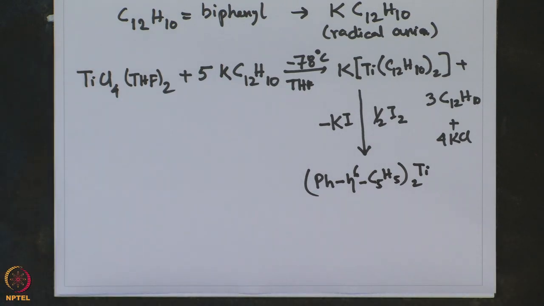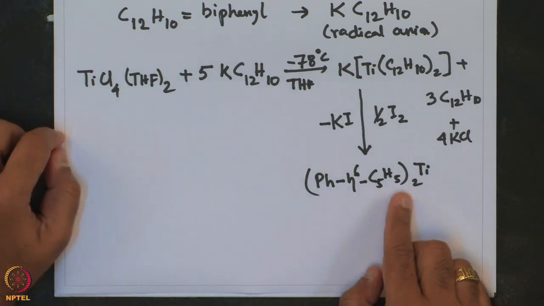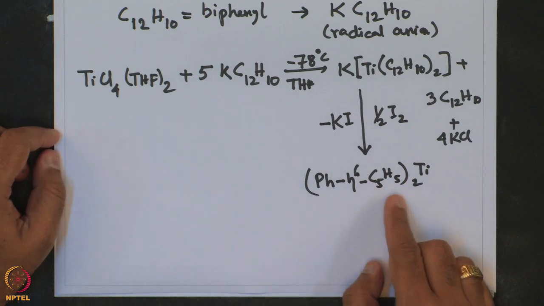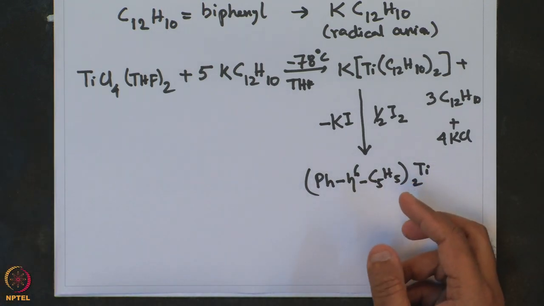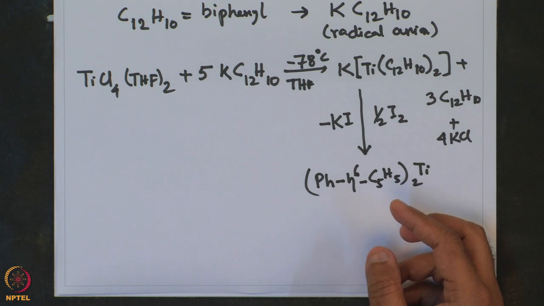Now, here we see that of the two biphenyl rings, one of the biphenyl rings is bound in an eta 6 fashion to